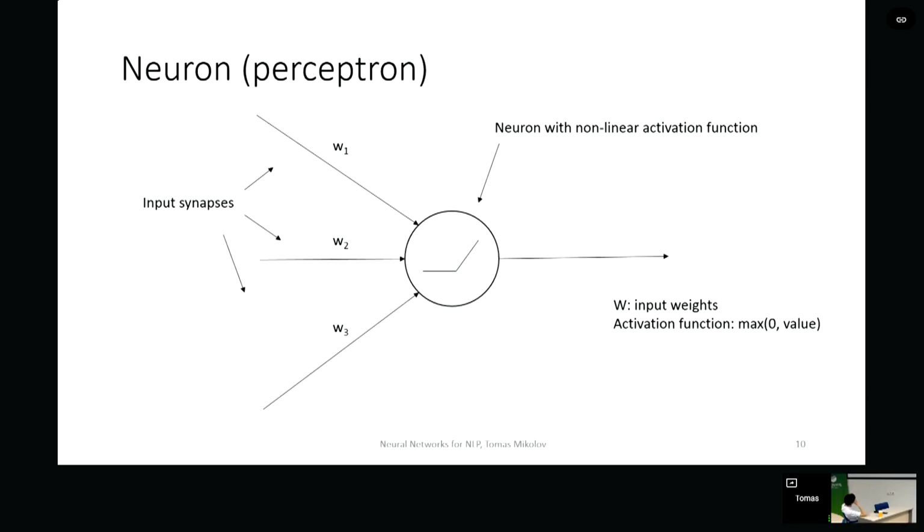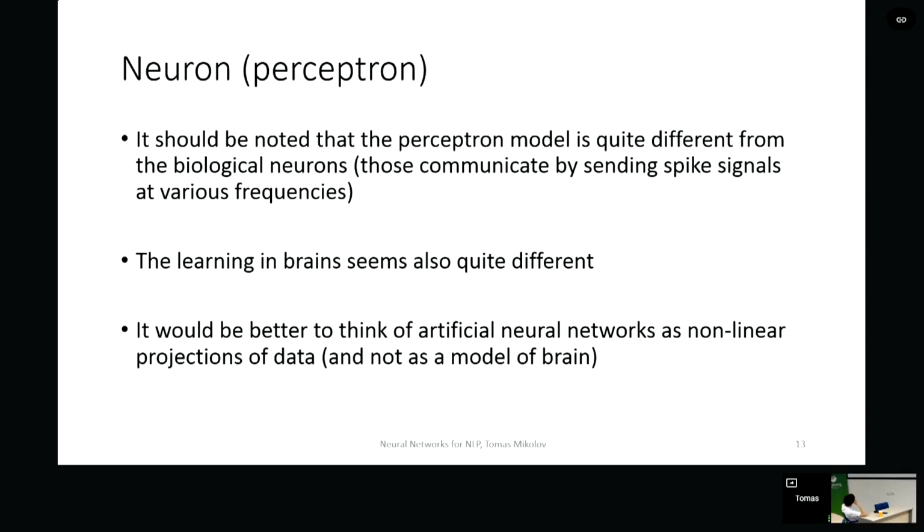So the most simple neuron can be seen as, for example, this. We have 3 weights and 3 inputs. We multiply the weights by the incoming signal, apply the activation function, and produce the output, which can be seen as some real value signal. So it's actually very simple. Neural networks are about placing these artificial neurons in some architectures. So we connect the input features with the output features by going through several layers of these neurons.